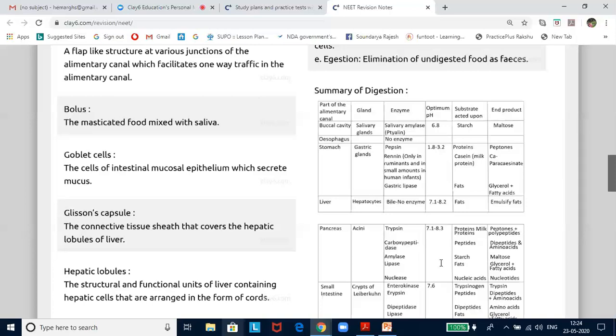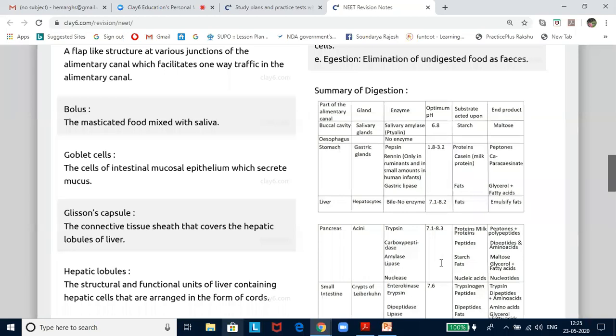Trypsin, chymotrypsin, and carboxypeptidases are secreted in their inactive forms as trypsinogen, chymotrypsinogen, and procarboxypeptidase, respectively. Trypsinogen is activated by enterokinase, secreted in the intestinal mucosa, whereas chymotrypsinogen and procarboxypeptidase are activated by trypsin. Pancreatic juice also contains bicarbonate and water. Bicarbonate neutralizes the hydrochloric acid of the chyme that enters the duodenum.